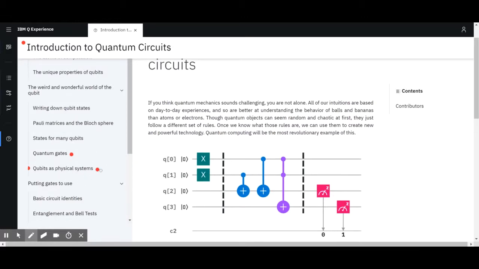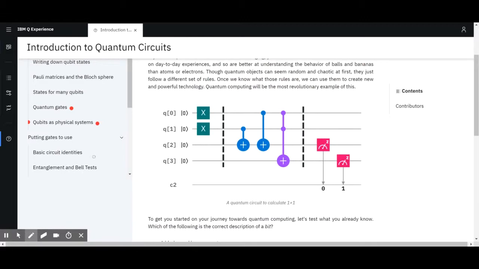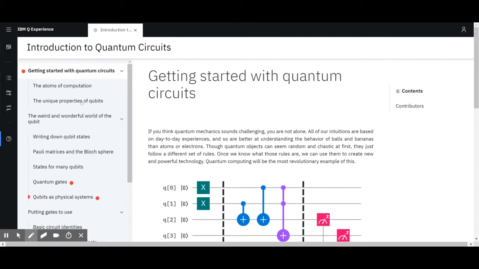So talking about the physical systems. Although I get it that at the stage in which quantum computing is now, knowing a bit of the physical limitations of the device you would be running your algorithms on makes sense. But let's see what happens here. Basic circuit identities. This doesn't seem to scroll correctly, but I think it's because I have the pen. Anyway,